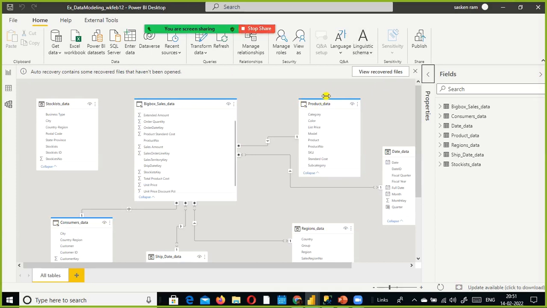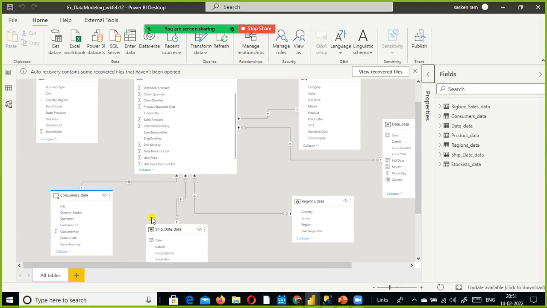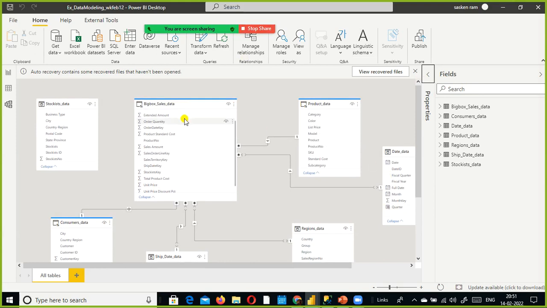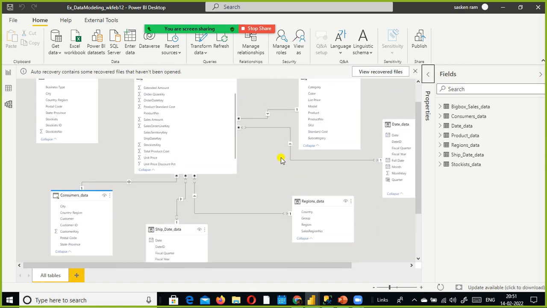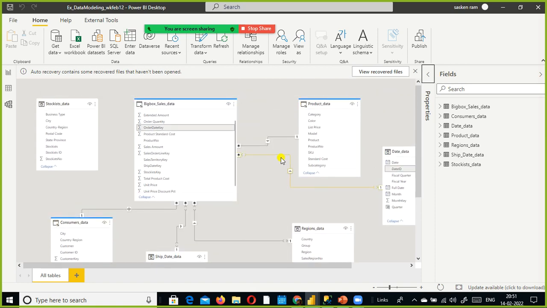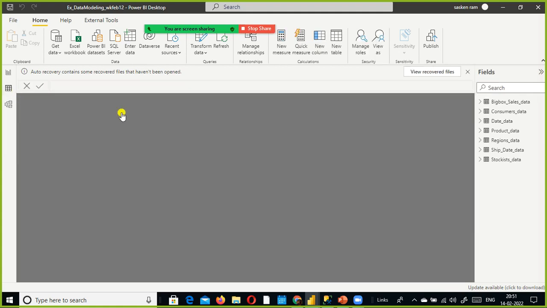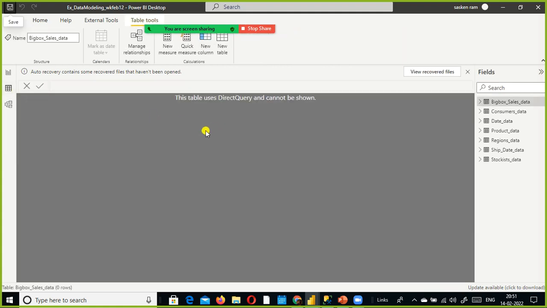So here you can see all these tables, but these tables are from my Excel file. So we have loaded these files from Excel file, and these are tables from SQL Server. We have imported it using direct query connectivity mode. Just to give you the flavor of what a composite model is, that's the reason why we have the mix of the composite. We have the mix or hybrid of both Excel as well as SQL Server imported.